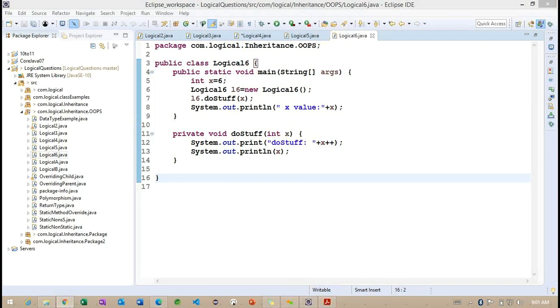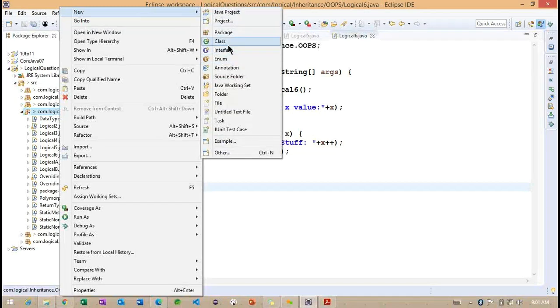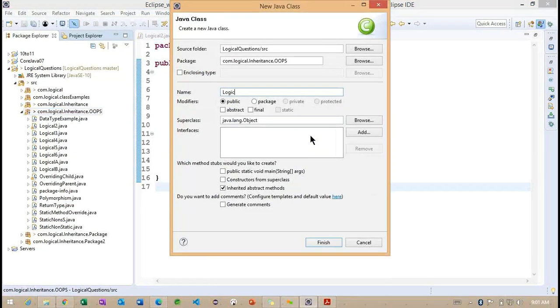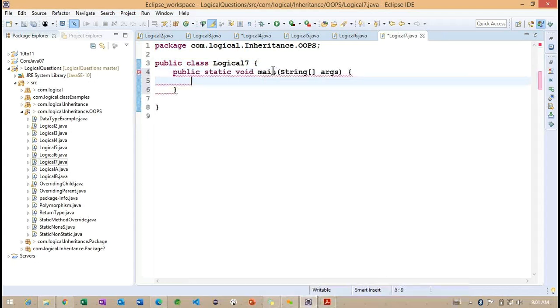Now, answer one more question here. Let me create one more example, logical 7. Inside this logical 7, I want to work with the main method.